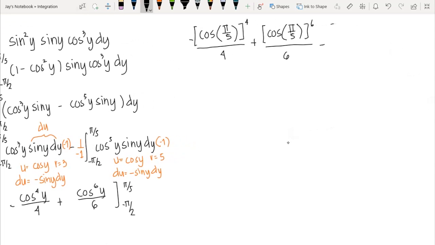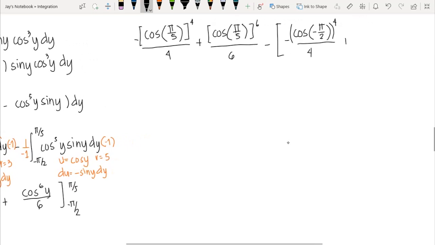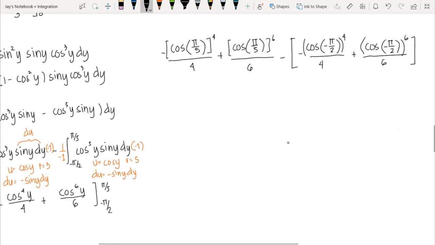Then minus, and take note, you always put a bracket, that is negative cosine, the lower limit, negative pi over 2, raised to 4, over 4. Then plus cosine of negative pi over 2, and take note, this one is raised to 6, over 6. So this is now our function. So we have the answer here, that is equal to negative